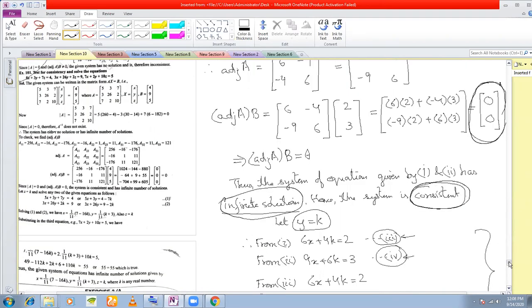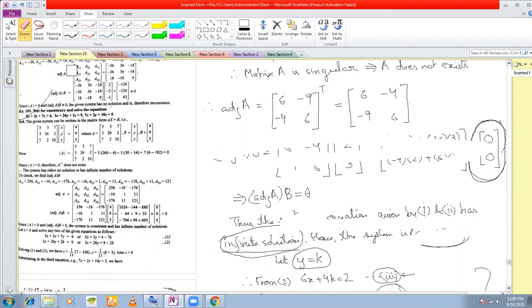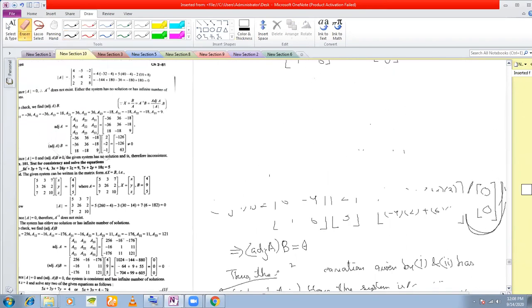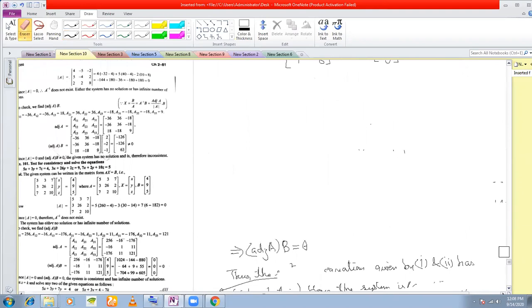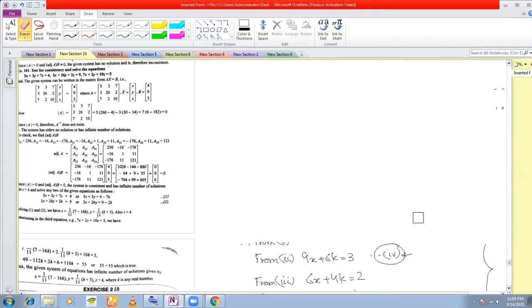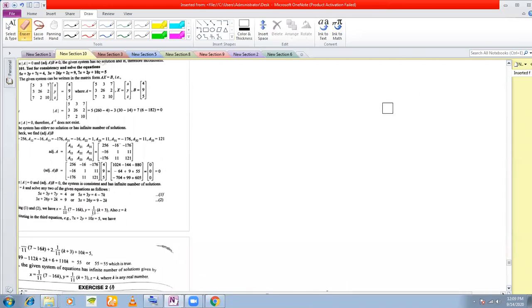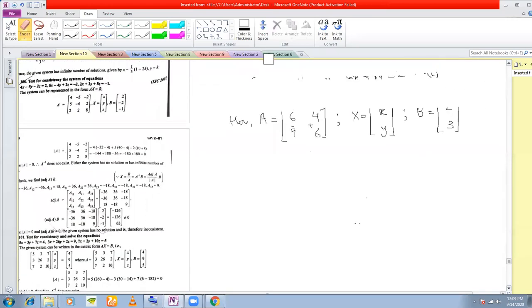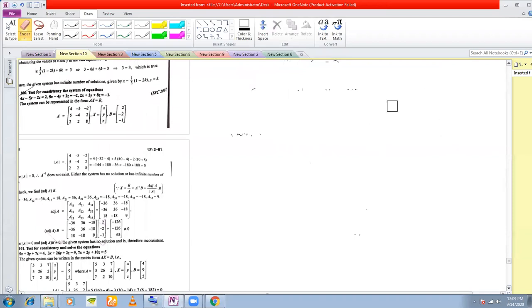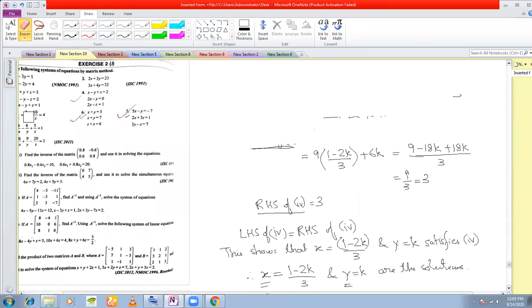So let us do the last problem from here. This time we'll take a 3 by 3 matrix. Do whatever problems I'm doing, that will be sufficient. You don't need to do any more. You have just practiced these problems and just be careful with your matrix multiplication and all that. I think that should be it. Just be a little careful with your matrix multiplication, addition, subtraction, all that, you need to be careful.